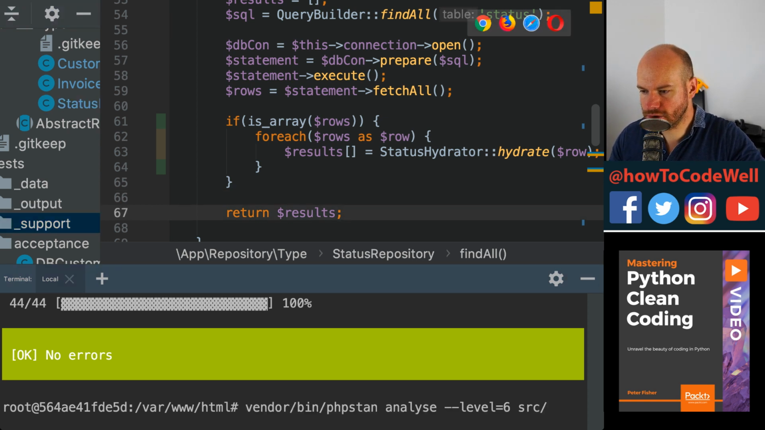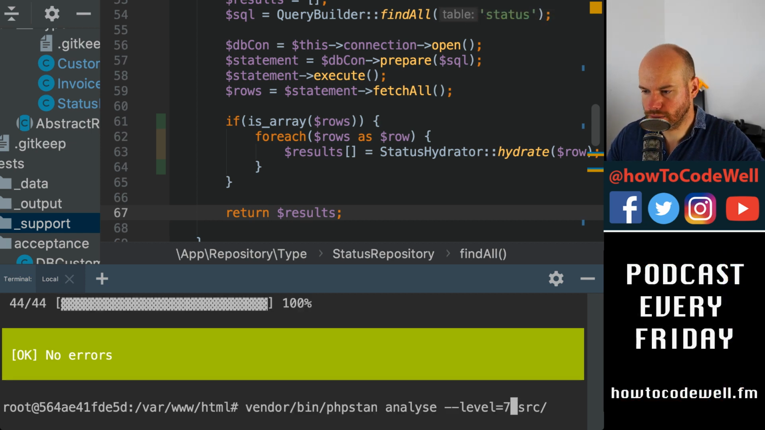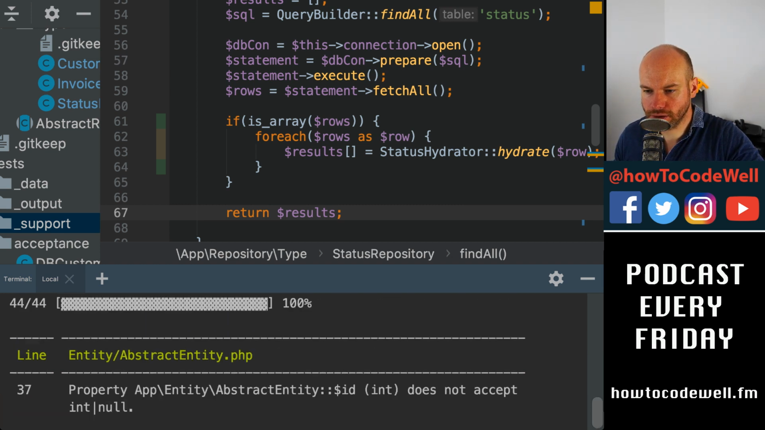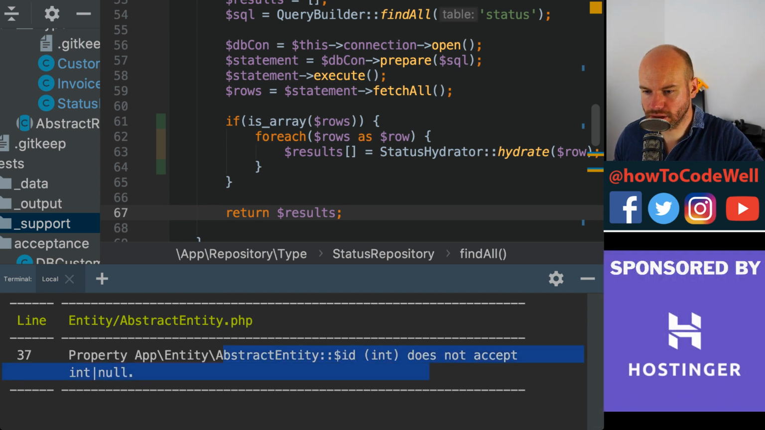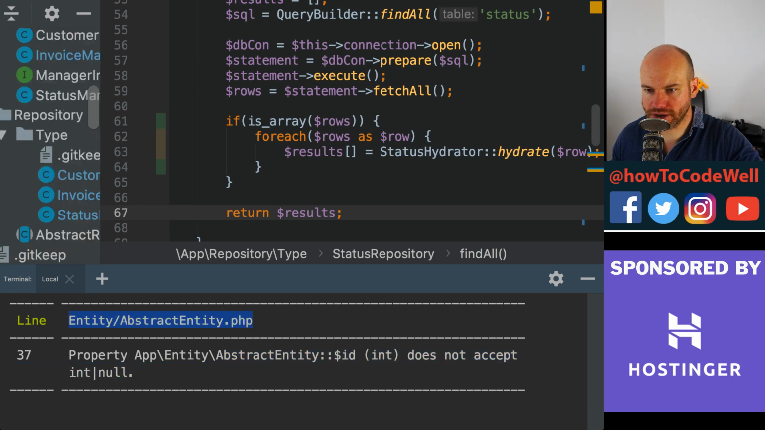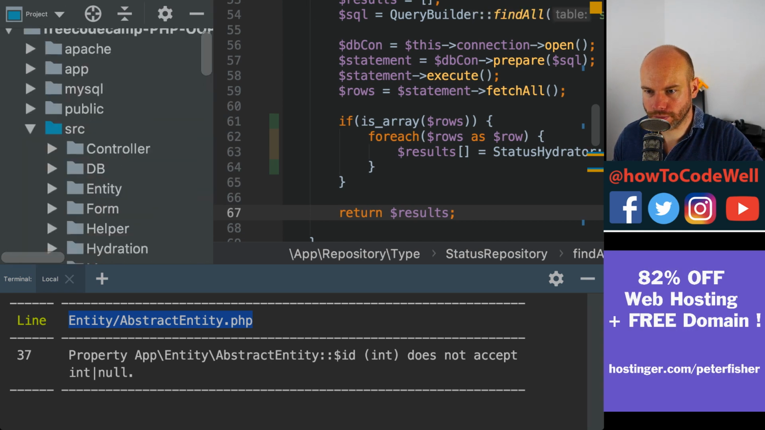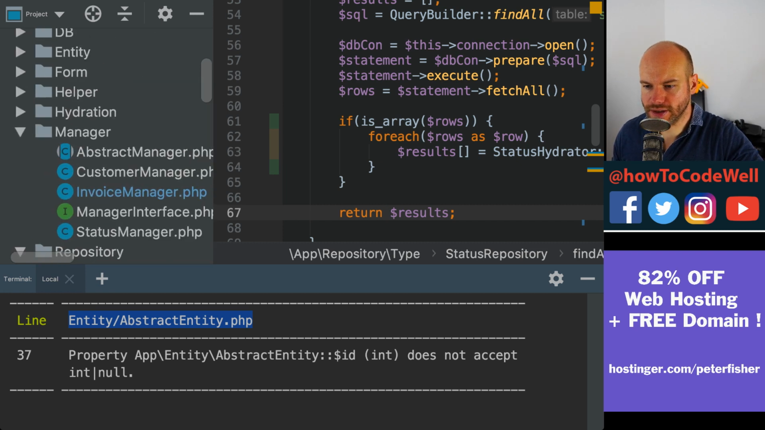Okay, so let's run that again. I think that's passed. Okay, let's go up to 7 here. And we've got one final error, which is the abstract ID int does not accept int or null. So there's a problem there with probably the doc block. So abstract entity. Where are we with the abstract entity? Where does that live? I'll just use the PHPStorm command O